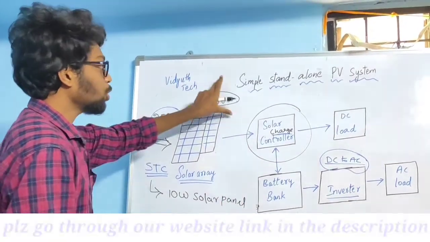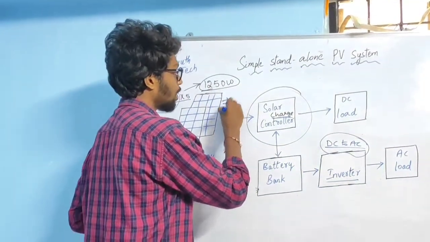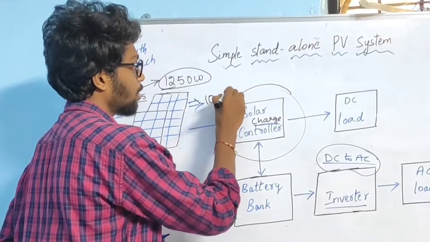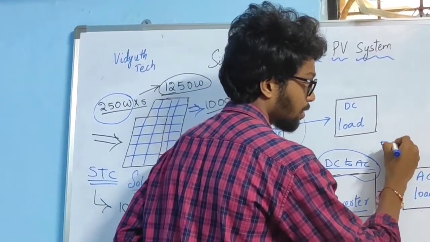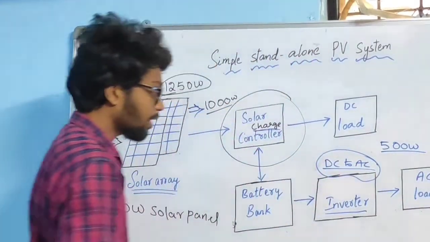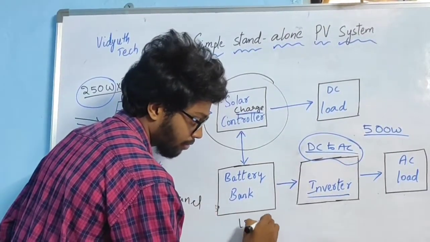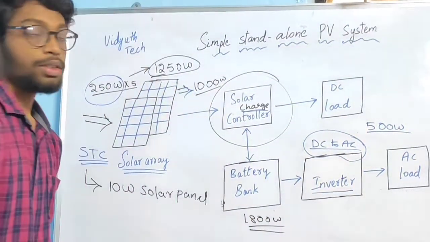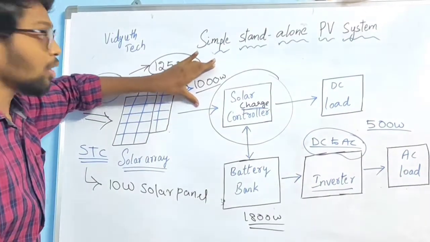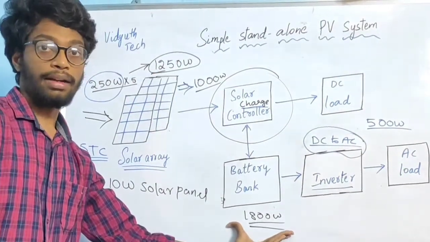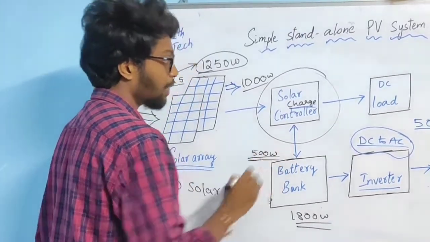Due to insufficient solar irradiance or the temperature effect, for example, this solar system has generated 1000 watts. If at that moment the load is 500 watts, so 500 watts is driven by the load. Another leftover 500 from the 1000 watts is going to charge the battery. That is as per the case 1.